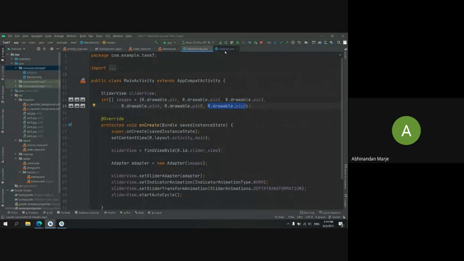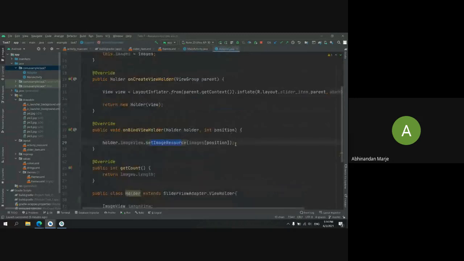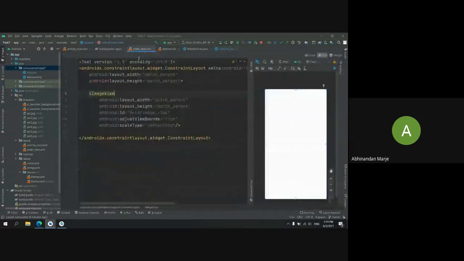You can think of it like a for loop or while loop. It will rotate, the position will be changed, and you will get another resource file, and it will be displayed in your main activity.